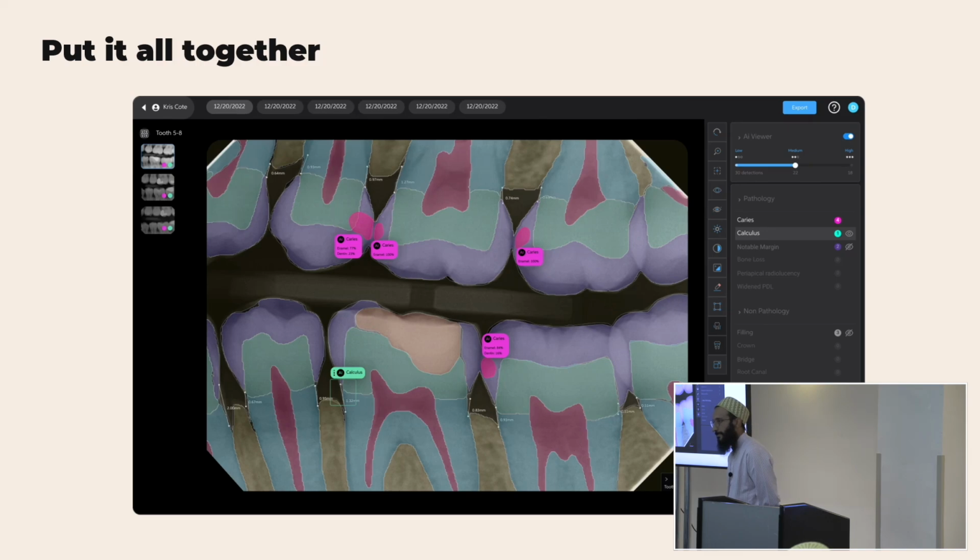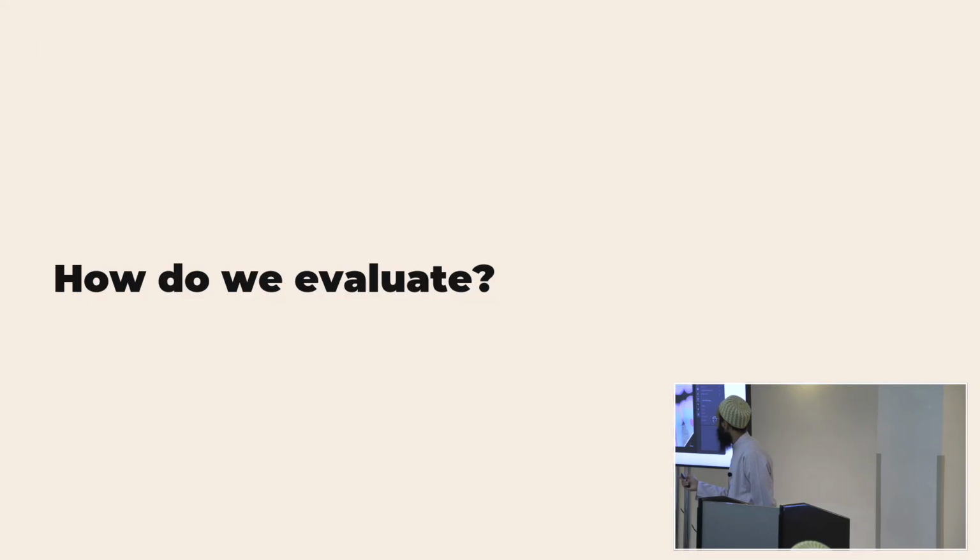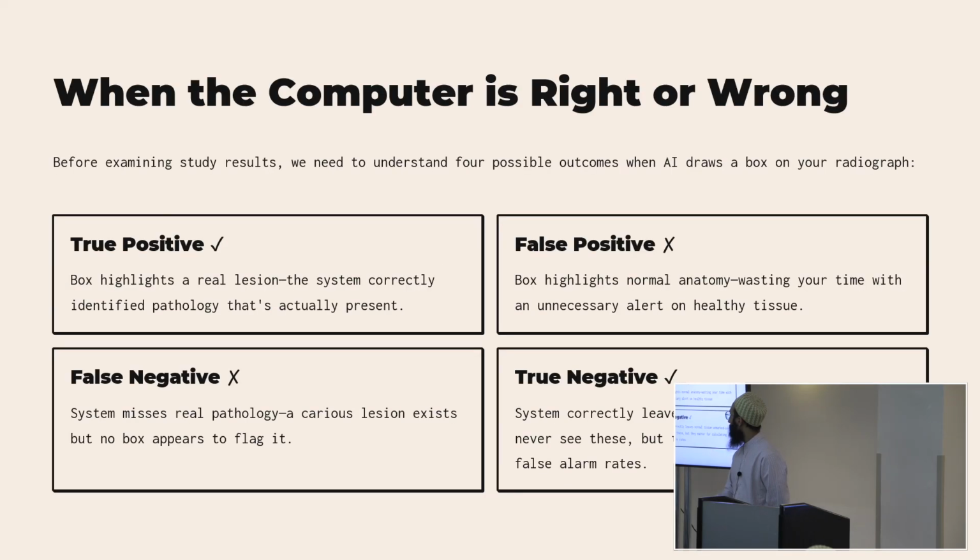But do you know what the sensitivity and specificity was in that? That's what I'm going to get to next. How do you evaluate? You can have a model that'll basically draw boxes all around the screen and say, hey, I caught everything, right? It caught all the true positives, great. But there are a lot of false positives, and false positives, just to back up a little bit, is when it draws a box on a caries that, for example,